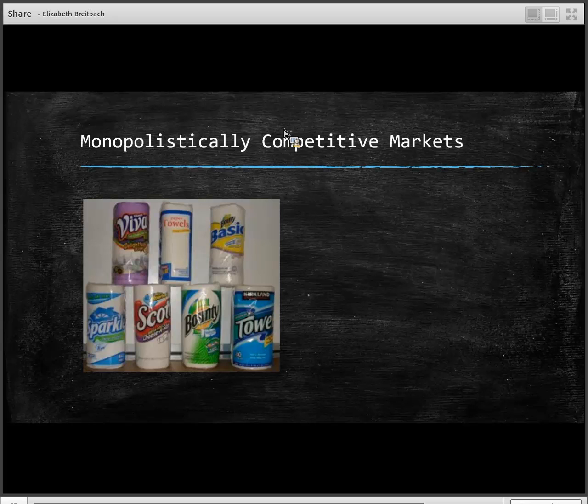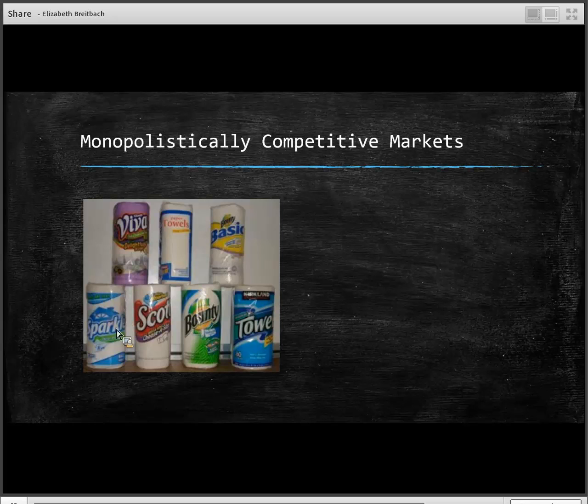So pause now, go over that, see if you can determine those concentration ratios, and think about what type of market this industry would fall under. All right, so let's go through and look at these examples. And again, forgive my writing. I'm going to try and write as well as I can here.